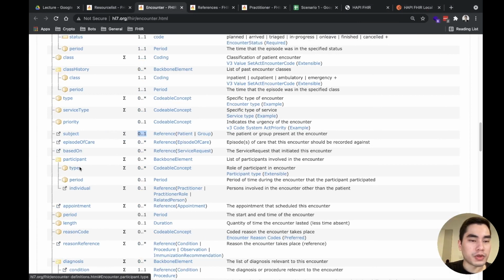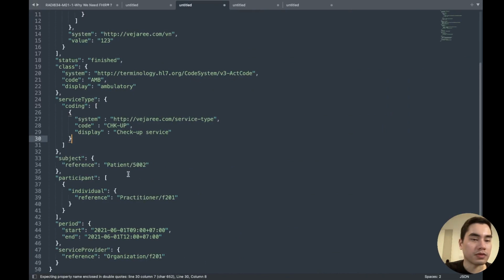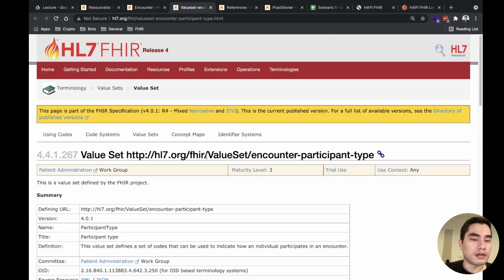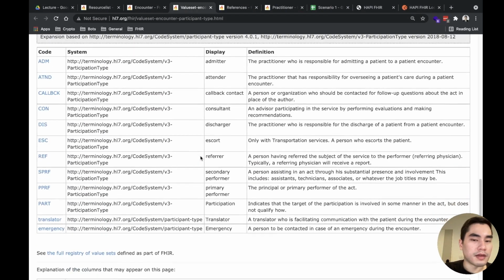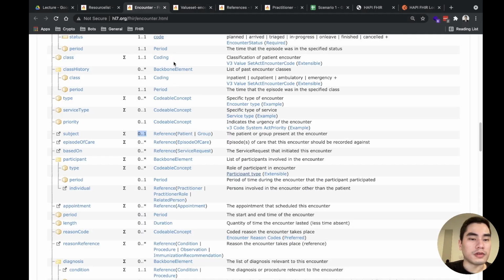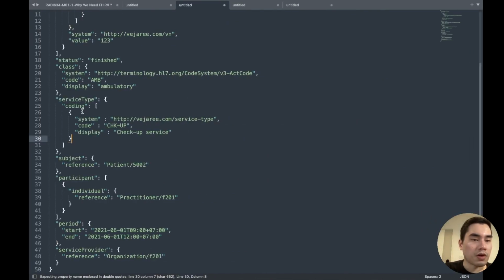Actually, you should put the participant type in here too, to tell that this is his doctor. Okay, put it here. Participant type is the primary performer. So participant type is a codable concept.